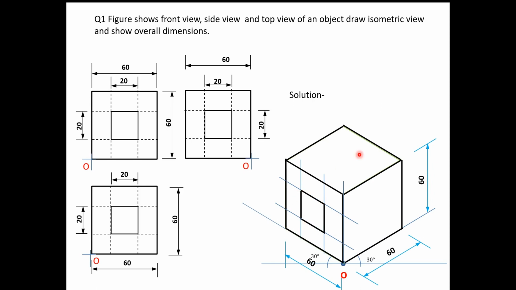Now similarly on the top plane you can see here, we will draw this edge 20 mm apart from this line, this line is also 20 mm apart from this, again this isometric line is 20 mm apart from this edge, again this line is 20 mm apart from this edge. Now complete this, draw these lines, so we will mark dark lines. Okay, so these are the construction lines that we have to draw faint.